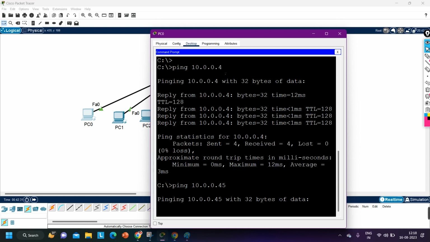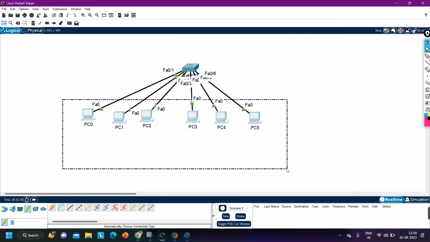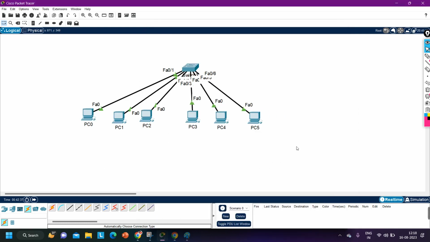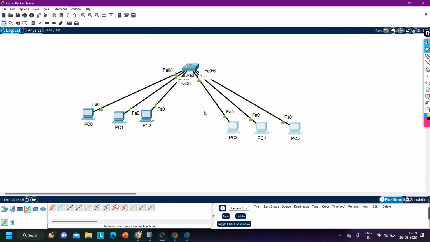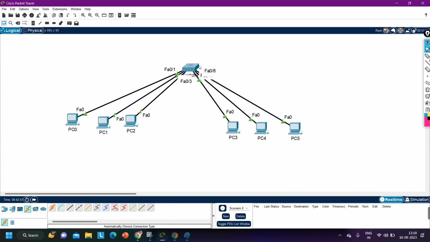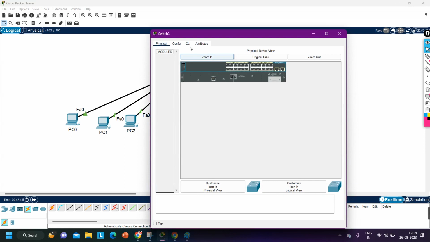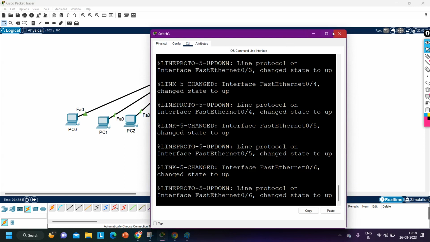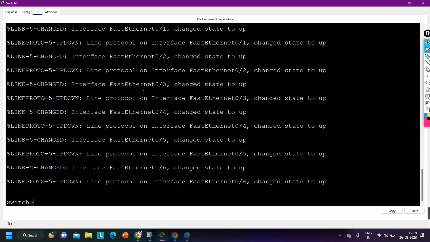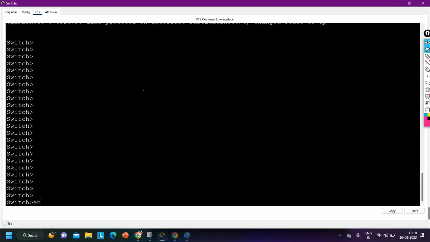I'm going to ping 5, and then it will also work for 45. Oh, sorry, 5 also. That means these computers can communicate with each other. Yes or no? You know why these machines are able to communicate with each other? Because on this switch, all ports by default belong to a single VLAN. If you check the MAC address table of this switch, which the switch uses to forward traffic,